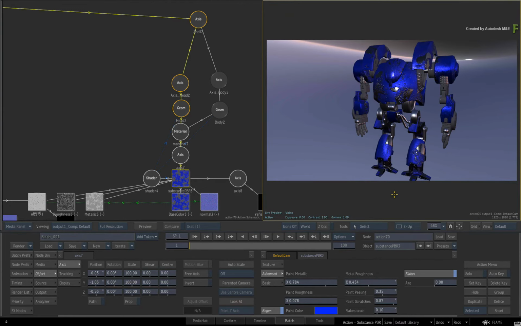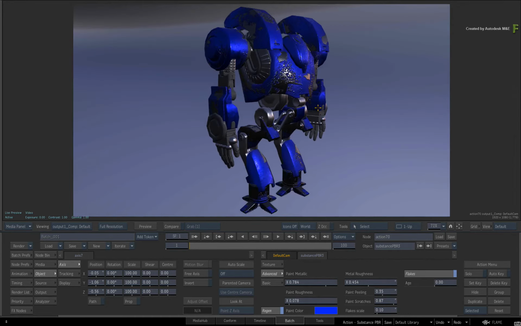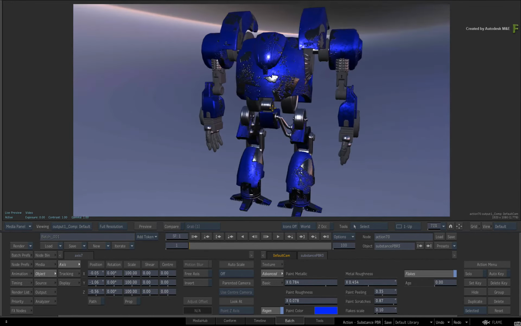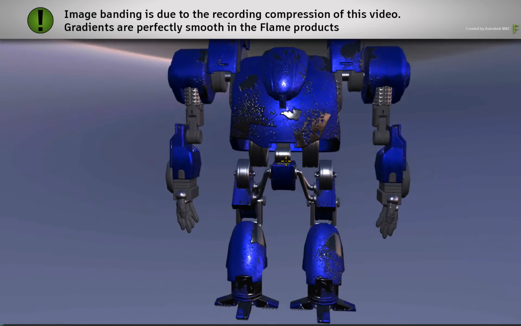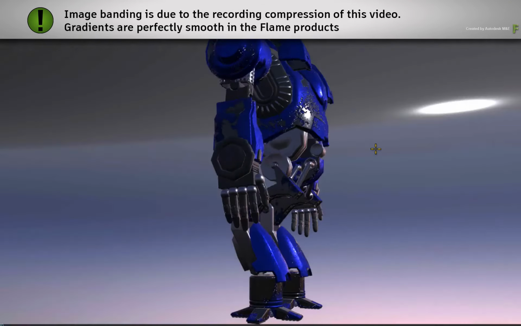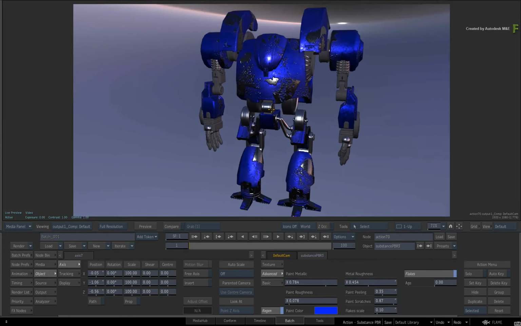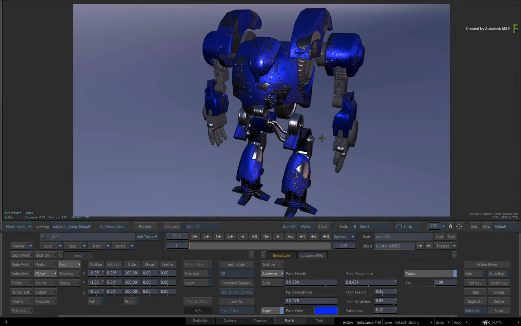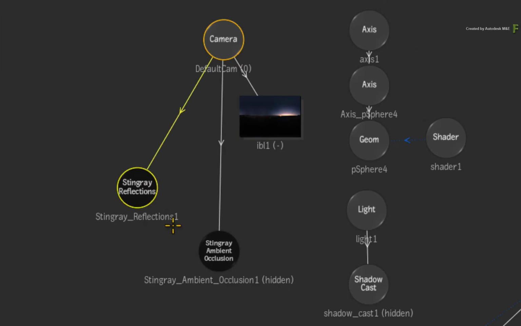Switch to a single view and look at the result view. The robot now looks like it's been in a couple of battles. When we orbit the camera, we can see that the Substance PBR textures allow us to create great-looking textures very quickly. Now to complete this example, go back to the action schematic and unhide the camera effects and the shadow